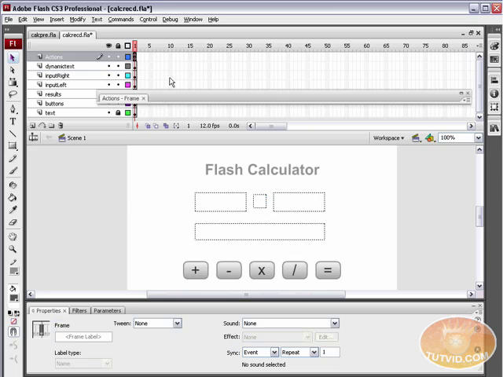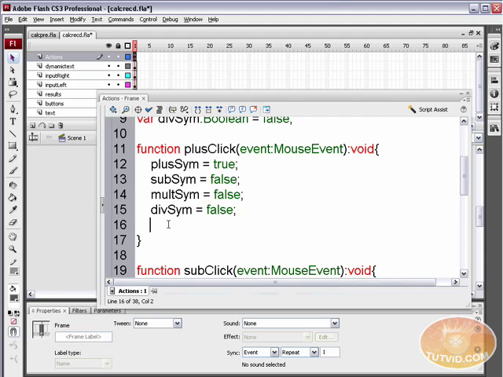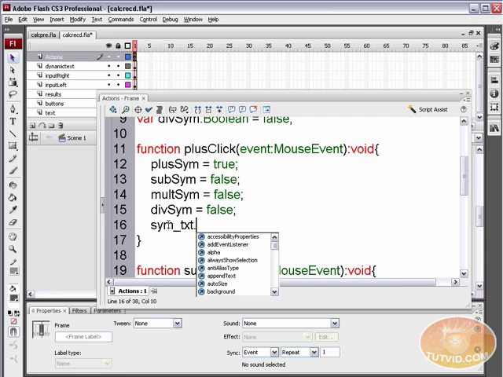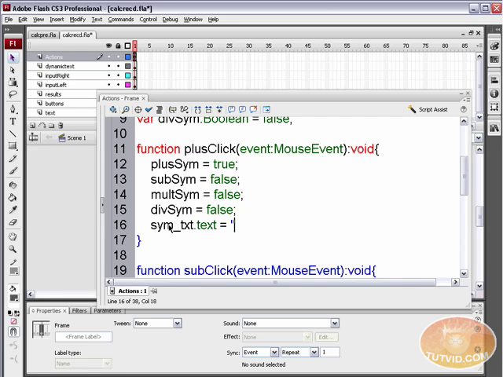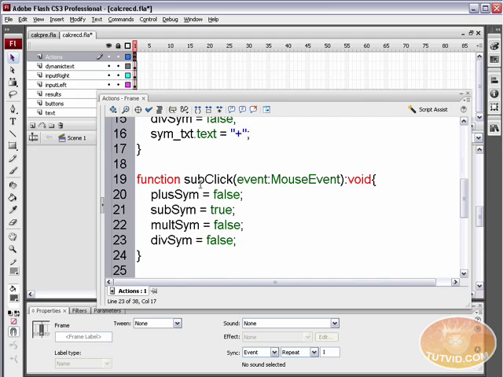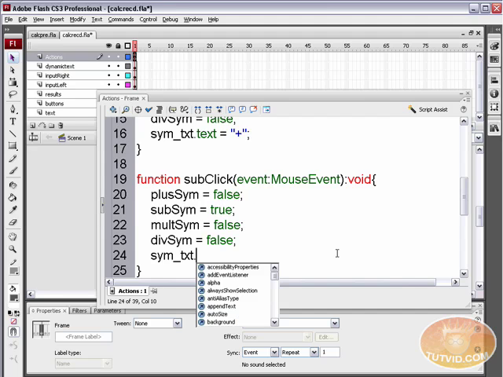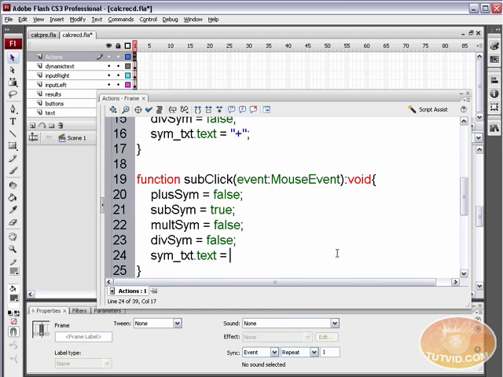Just want to keep that in mind here, and I'm going to type sim_txt.text = "+"; Now I'm going to come down here to the subtraction function, hit enter return after divSim. I'm going to type sim_txt.text = "-";